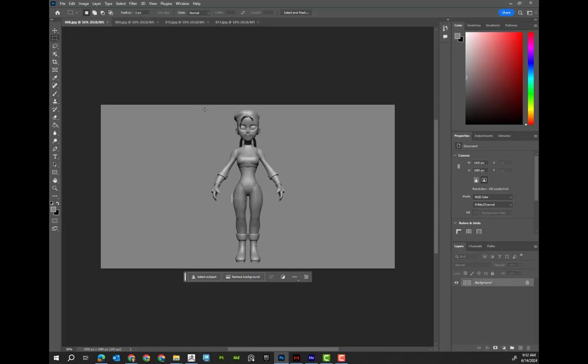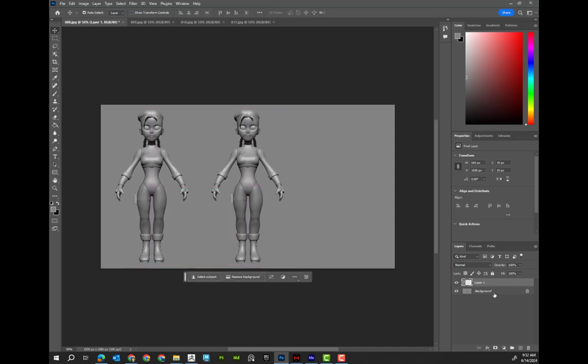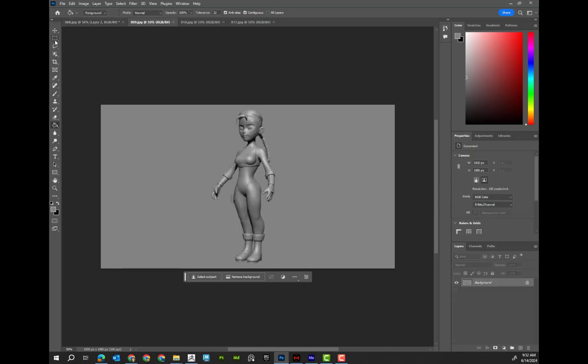Now, if I come here, I'm just going to grab this one. And what I could do also is I could go Control-C, Control-V, paste this on its own, hold down Shift to bring it over, like that. On the background here, I'm simply going to select the gray, go to the paint bucket and fill over it. Actually, I'm going to create a new layer and just fill over it like that. There we go. Now I could grab this one,